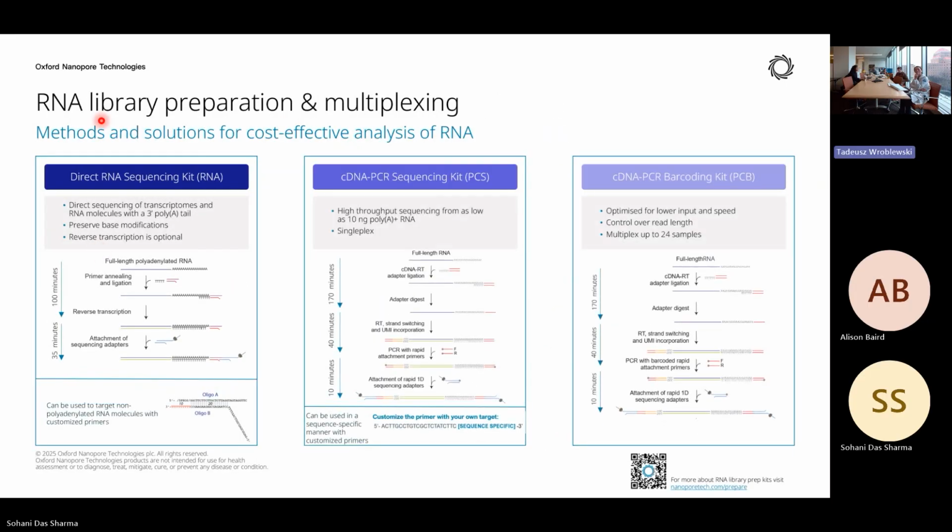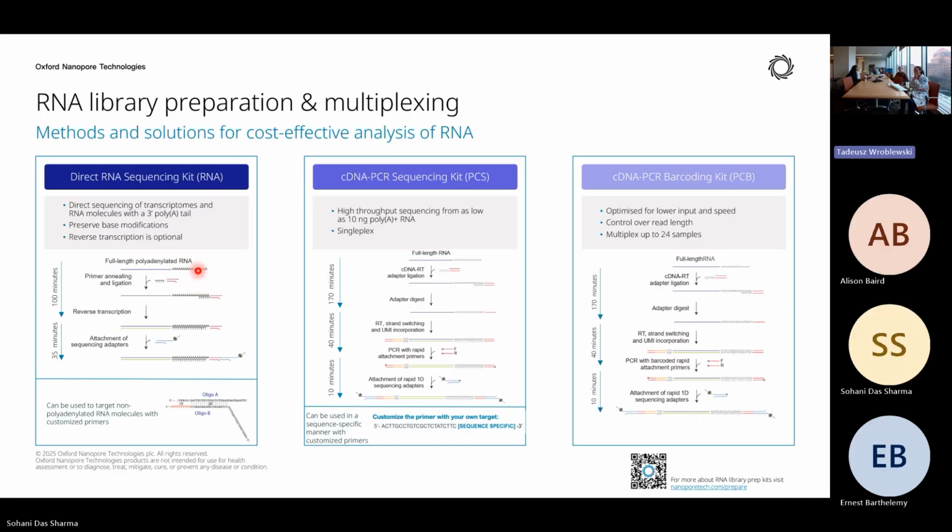Now let's talk about RNA library preparation and multiplexing. The RNA flow cell, which I mentioned at the beginning, is only applicable when we are thinking about directly sequencing the native RNA strand. The way this entire chemistry works is that it has to be polyadenylated RNA. So it could be total RNA. If total RNA, then we have to enrich the polyadenylated RNA, and we have suggestions for how we can do that,